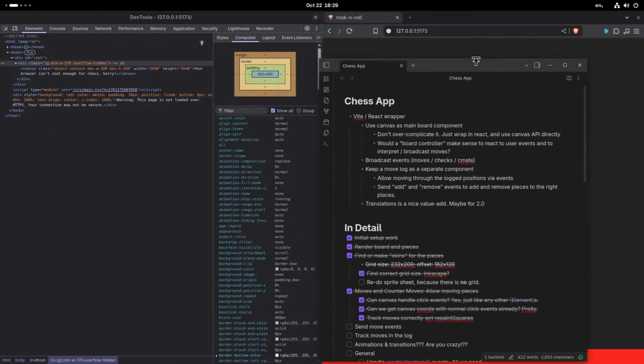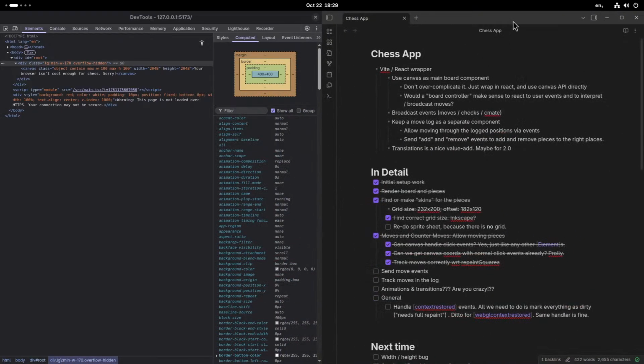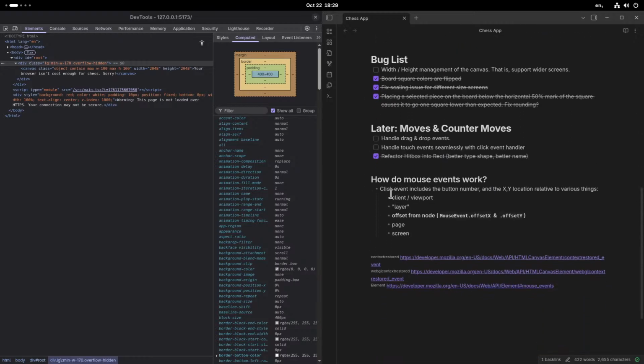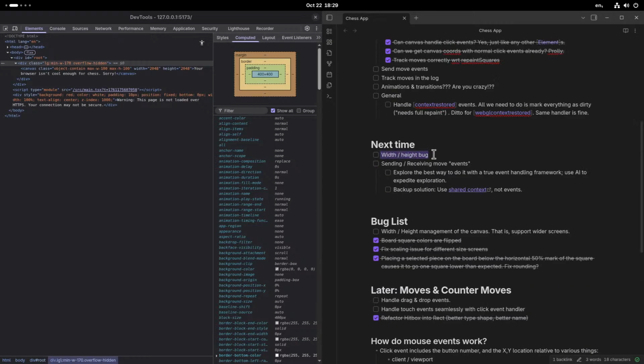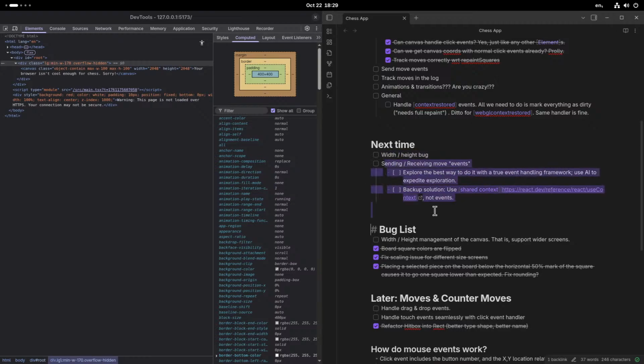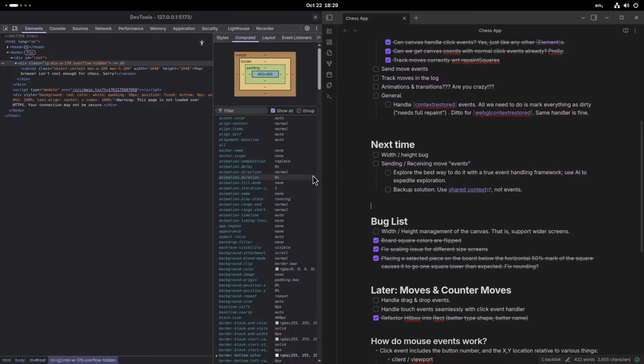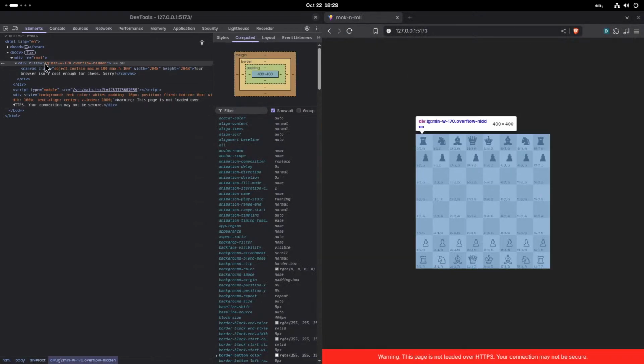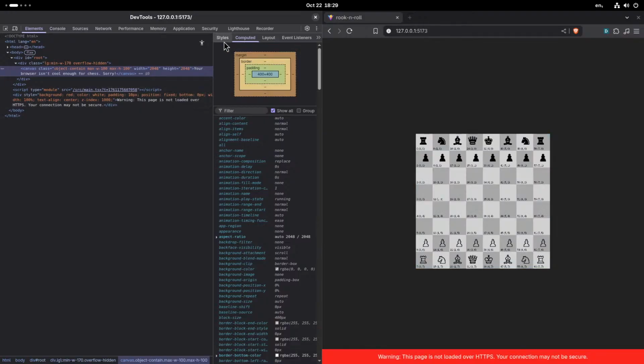Close. There we go. Okay, we're just going to bring it over here. And I would like this on every, well, we'll worry about that later. For what we're going to do here, we can solve the width and height bug without worrying about that. But the very next thing we do when we decide to set up the move list, we're going to want to put those side by side in a flex layout. So I think what was happening before, though, when it was up to 1200,